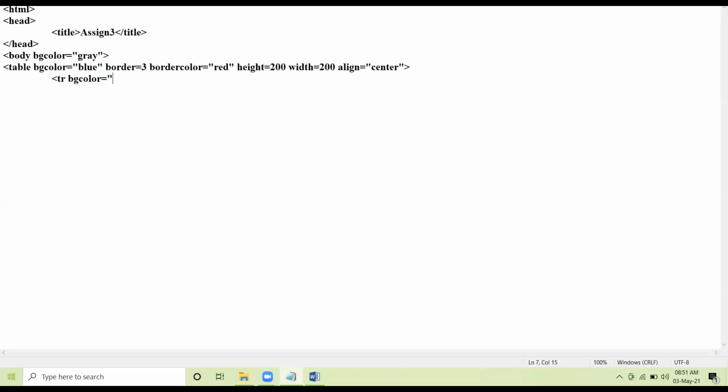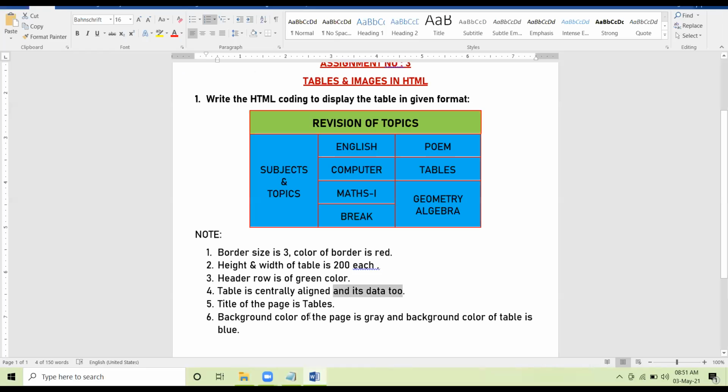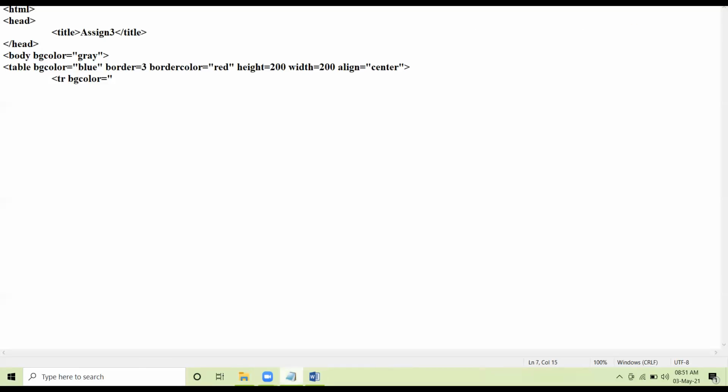Now header row is of green color. As already told you, header row has two inbuilt features. It is automatically centrally aligned and by default it appears in bold form.